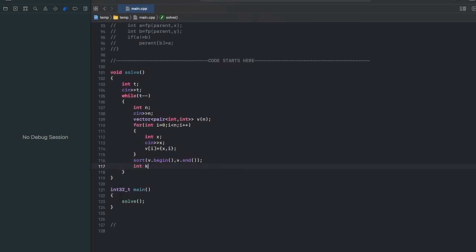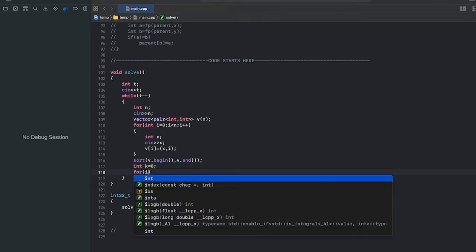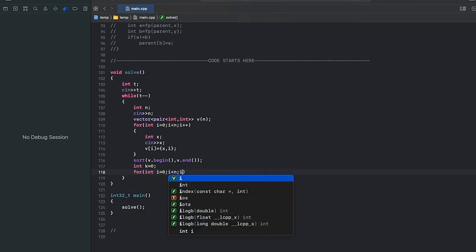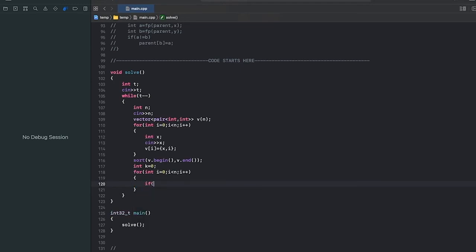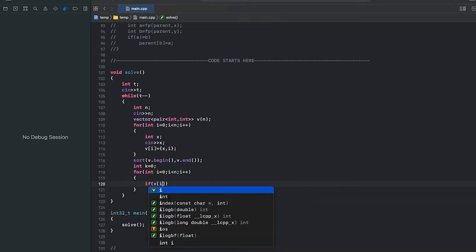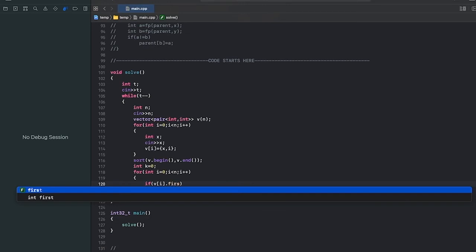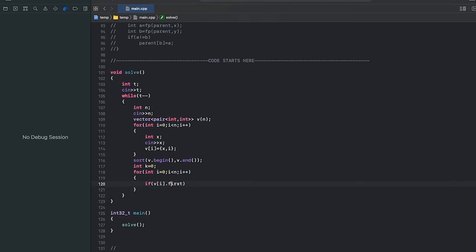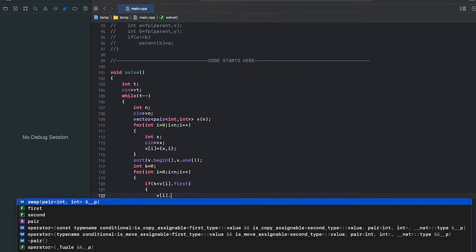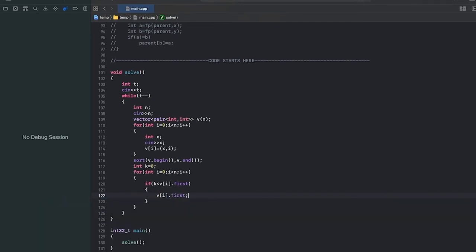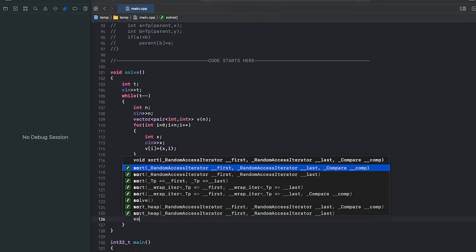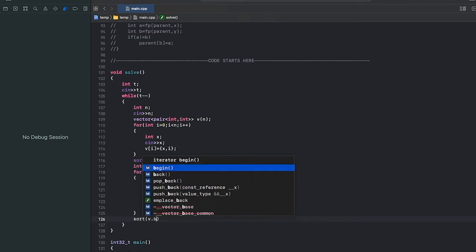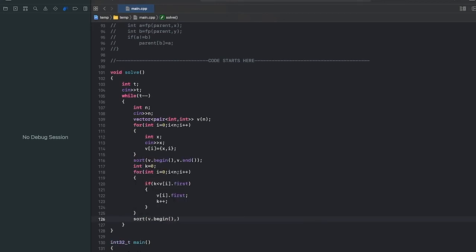After sorting we'll take a temporary variable k and traverse through the array. Now if k is less than the first value, we'll update the first value with k and update k by 1. Now we will sort the vector according to the second values, that is the indices.